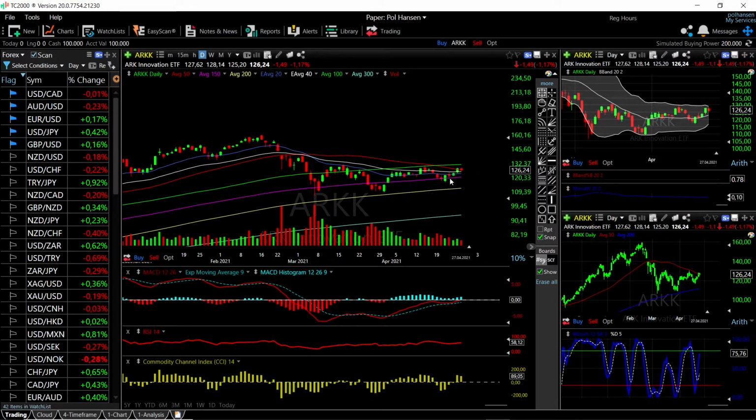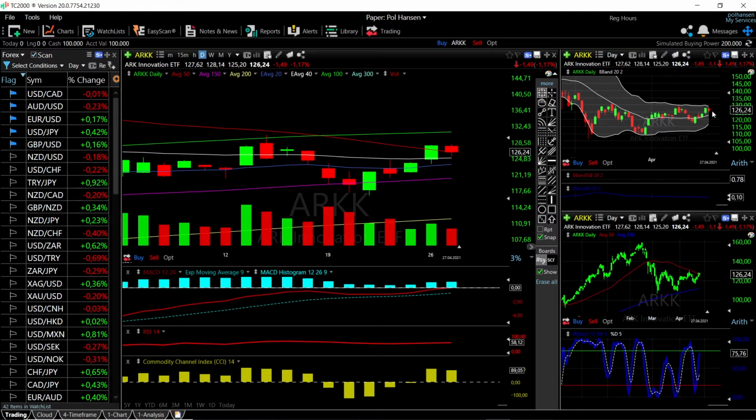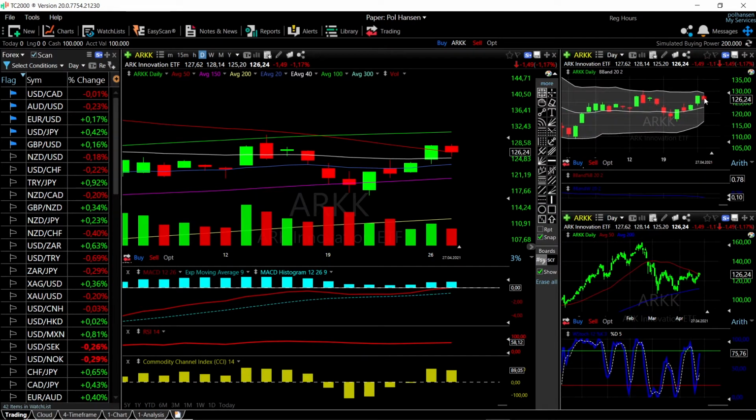So let's start by looking at the ARKK Innovations ETF. And as you can see, we have pulled back quite a bit. We're down 1.17% at this current stage. So we did rally towards the top of the Bollinger Band, and it was kind of expected for this to pull back a little bit. So we found also support down here at the 40 exponential moving average, and we stopped right at the 50